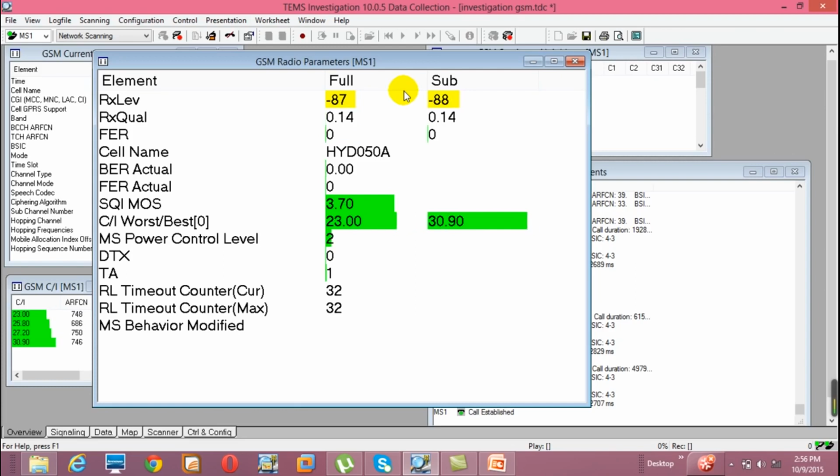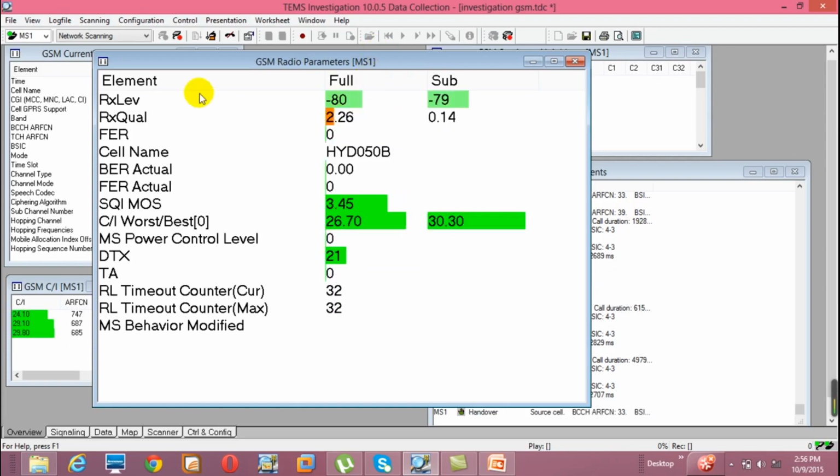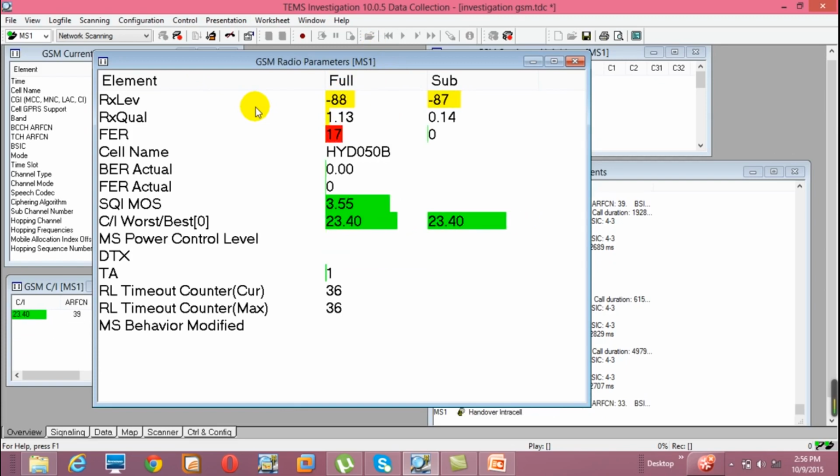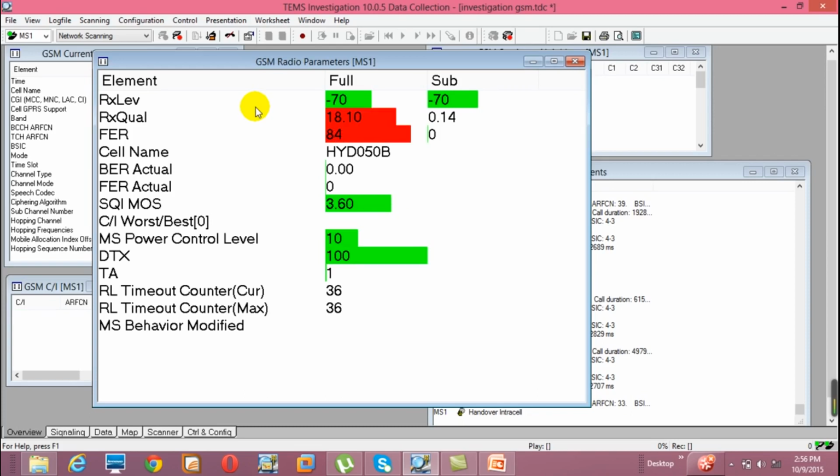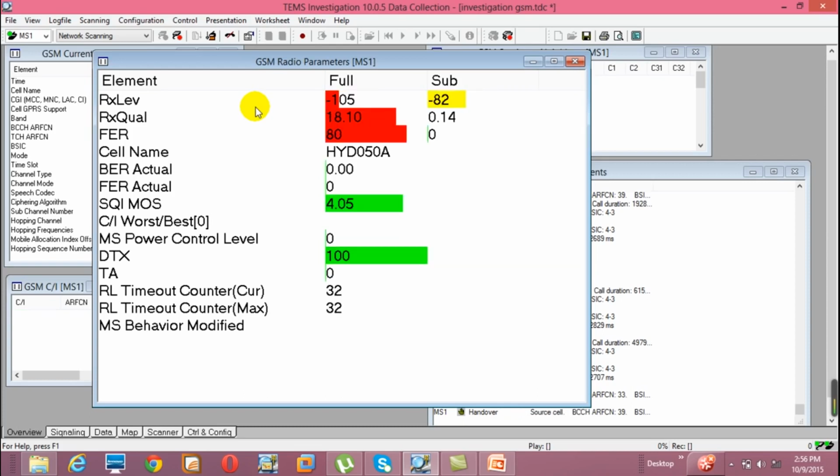Very good. It may be the reasons of interference. No, in the hopping frequencies also can happen. So now here, the RX level is nothing but the signal strength. Whenever we are in the idle mode, the full and sub both are equal because we are not applying any DTX expansion. When we are in dedicated mode, in that time we are applying the discontinuous transmission method to measure the